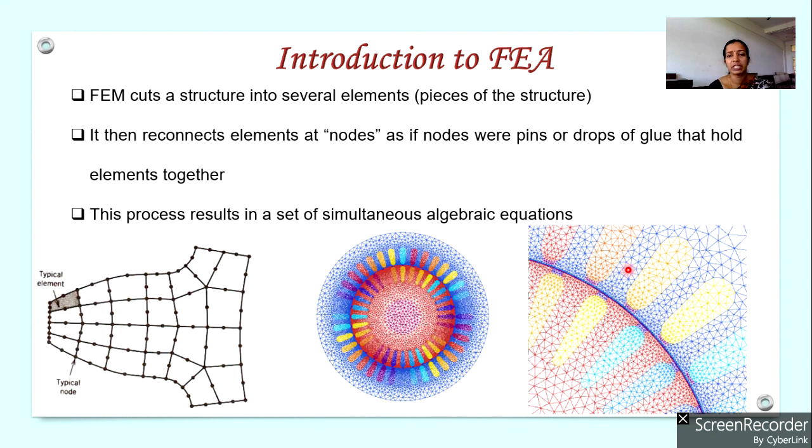And after meshing it, after dividing the entire continuous object into a number of meshes, say we are calculating the temperature distribution for this particular machine. We are analyzing the temperature distribution among various parts of this machine. So after meshing, after dividing this particular part into a number of elements, we can use equations for representing temperature rise. So we know the equation for calculating temperature rise. So equations are used for each of the elements for calculating the temperature rise. Thereafter, we will use colors for representing each value of temperature.